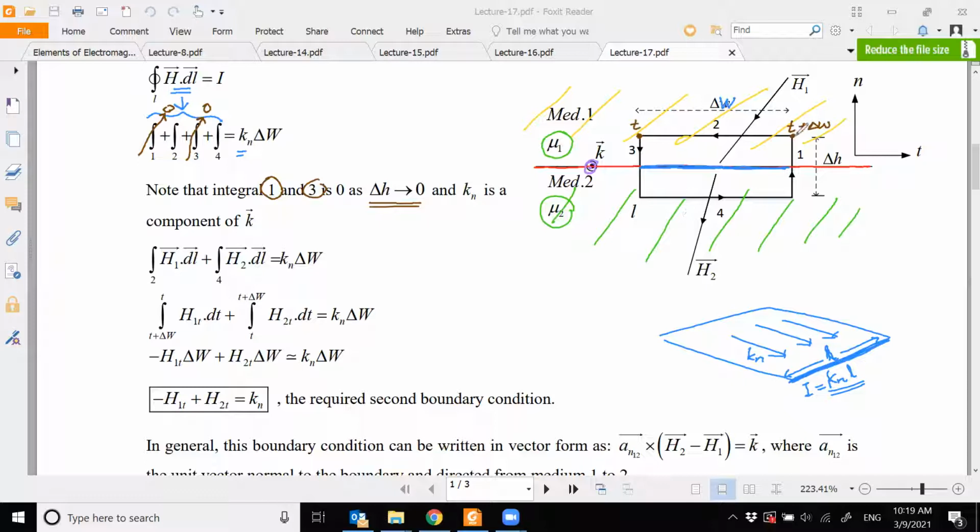Okay. So therefore, I'm going from T plus delta W to T times H1 T dt. Now here I'm not worried about X, Y, Z. I intentionally put Ampere's law, and we are trying to derive it in this way. I'm not considering any coordinate system. I'm working with tangential and normal components. See here, normal, tangential. So if red is my boundary, which is this one,